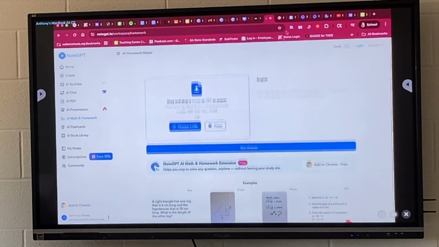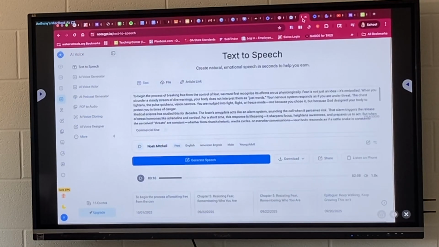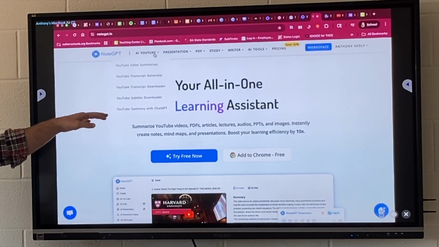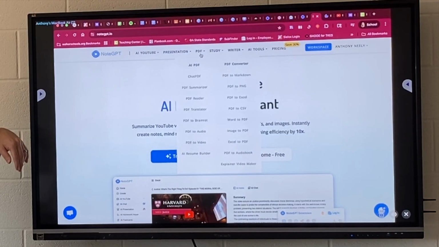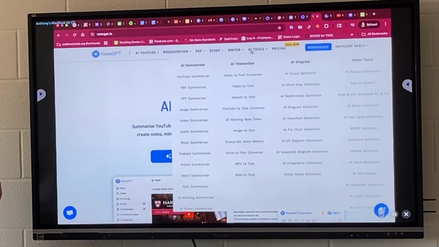So this is NoteGPT.io. And when I say that it has a ridiculous number of tools and resources available, I'm just going to show you. So each of these drop downs is a different tool that it has. It can do a whole lot, from homework help to worksheet generation to